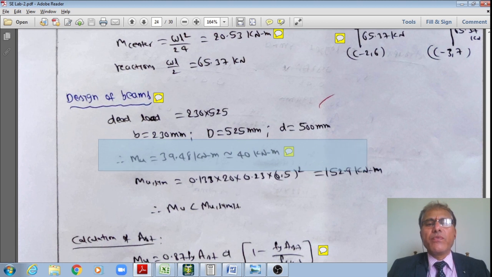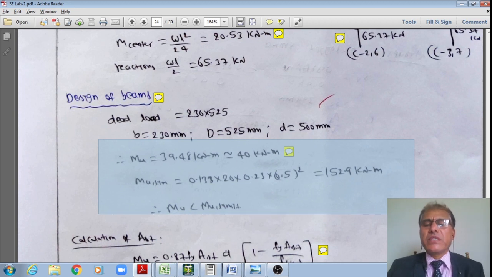equal to 39.48, say approximately 40 kilonewton meter. But we already know for this Fe 500 grade steel, Mu limit is equal to 0.133 fck bd square, whereas b is equal to 230, and d effective depth either 500 or 492 mm square. Therefore, that gives the limiting moment of resistance of that beam is equal to 152.9, whereas